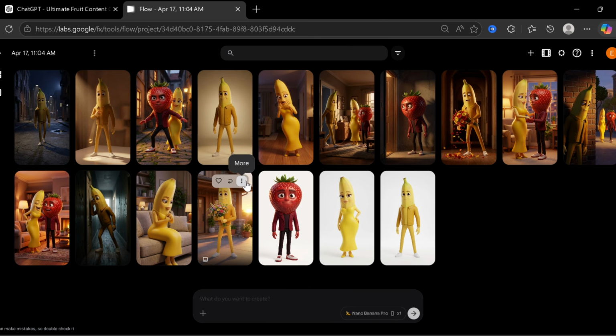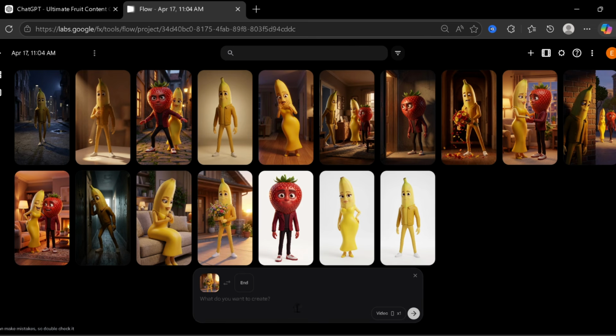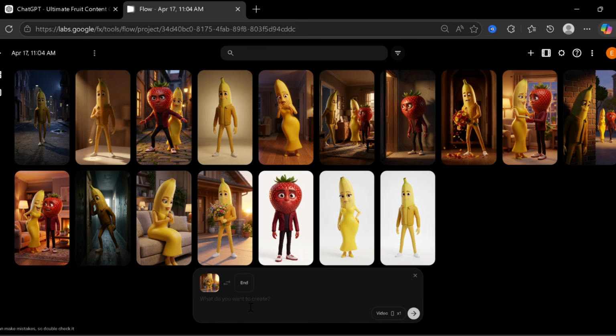Highlight the image, then click on the three dots at top right of the image. You will see the animation option. Click on it. This will set your image as the starting frame, then paste in the animation prompt from ChatGPT. Before you generate, open the video settings and match the configuration I am using on screen right now, as these